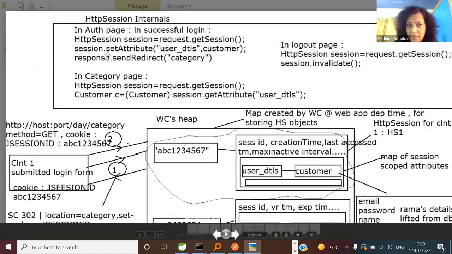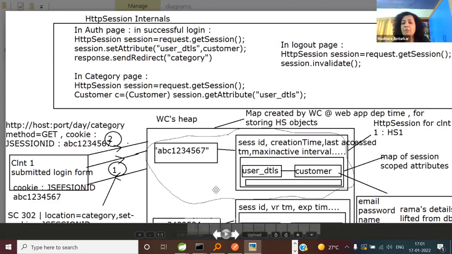Okay, one at a time. So this is the part created. But I told you in the morning, every HttpSession has an associated map. So here, what is that map? What all is HttpSession going to store? Session ID, which is already here. Creation time, last access time, max inactive interval time, which is your session expiration time. Plus, it will start with an empty map. So this map will be used for storing the user details across multiple requests.